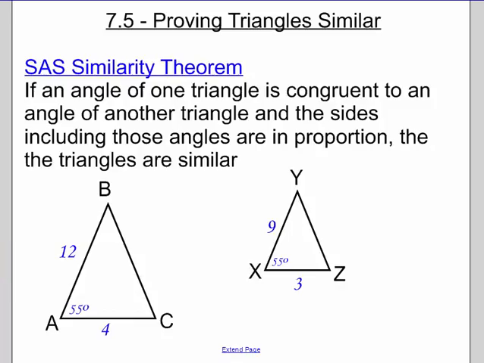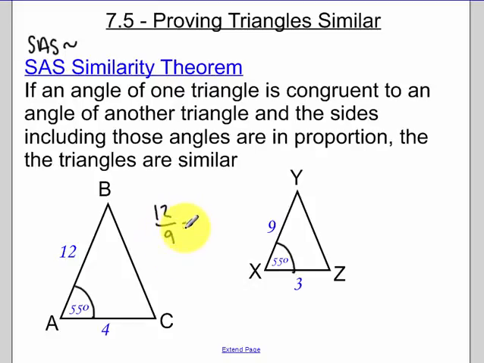Today we're going to talk about some other theorems for proving triangles similar. And here we have our side angle side similarity theorem, and that'll be our abbreviation. So if you have an angle in one triangle that's equal to an angle in another triangle, and the sides including these angles, so the sides that make up those angles, are proportional, so they're in the same proportion,